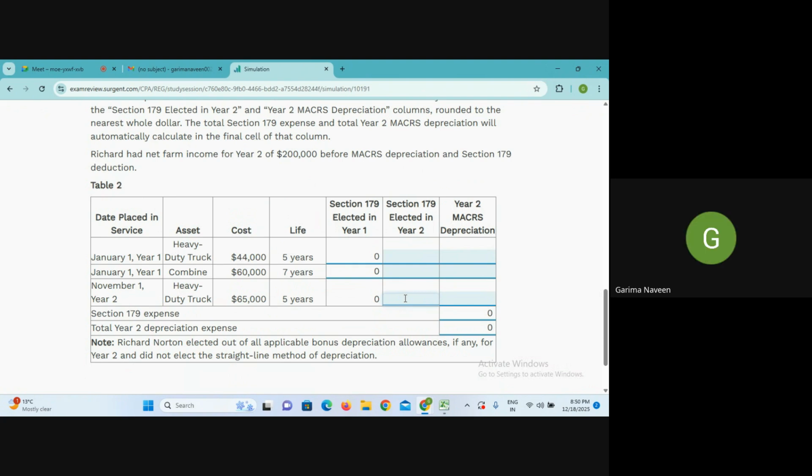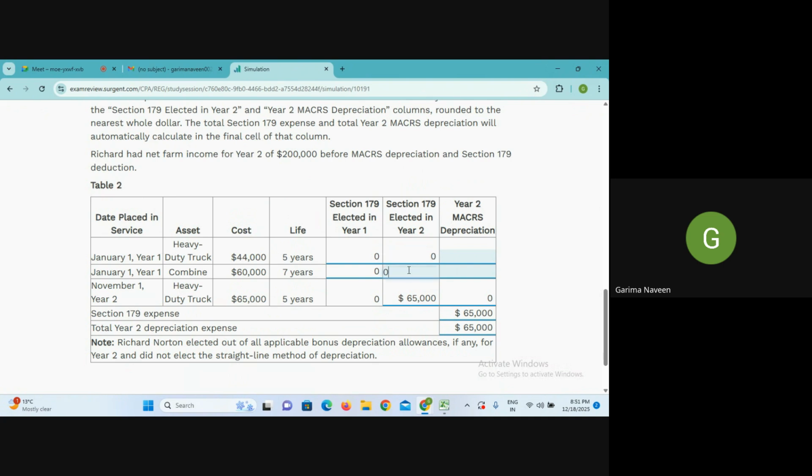ओके, ठीक है, तो फिर यहाँ 65,000 तो पूरा ही चला जाएगा इसमें, क्योंकि लिमिट आपकी 1 मिलियन या 1.17 मिलियन थी आई थिंक 24 के लिए, अब तो थोड़ी बढ़ गई होगी, तो आपकी ये पूरी चली जाएगी उसमें, तो यहाँ मेकर्स के लिए तो कुछ बचेगा ही नहीं। ठीक है, इतना समझ में आया? Yes. ओके, सो year 2 में आप 179 लोगे, year 1 की प्रॉपर्टी के लिए नहीं